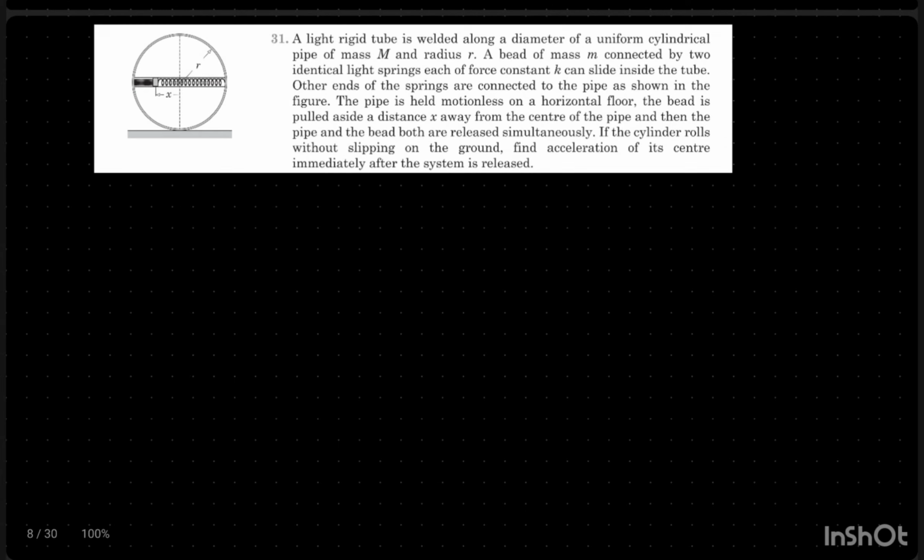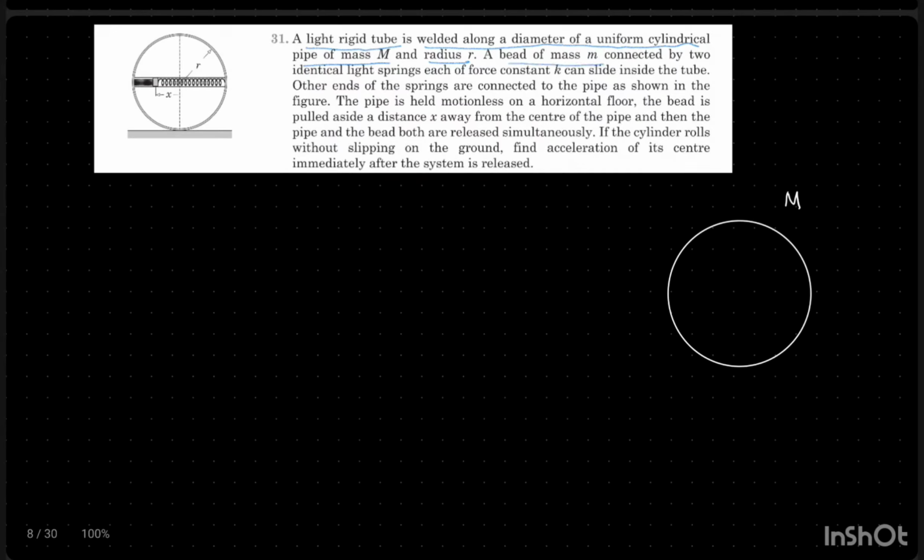Hello guys, this question is taken from Pathfinder, rotational motion. They gave that a rigid tube is welded along a diameter of the uniform cylindrical pipe of mass m and radius r. The pipe is kind of hollow and its mass is m,